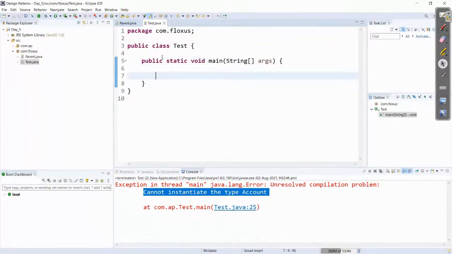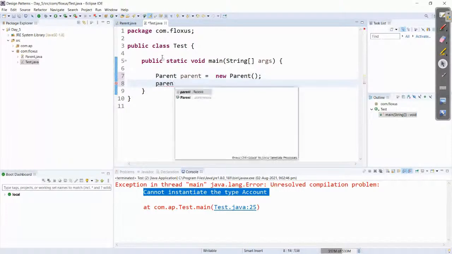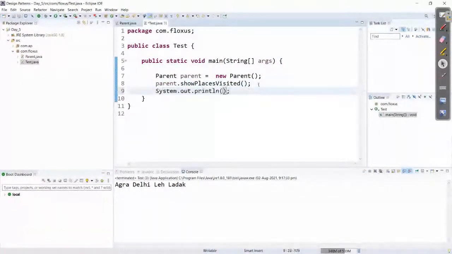What I will do is create an object of this Parent class, named parent. I created this, and let me write parent dot places visited. Just observe the output: Agra, Delhi, Leh, Ladakh. Similarly, if I write parent dot bike,